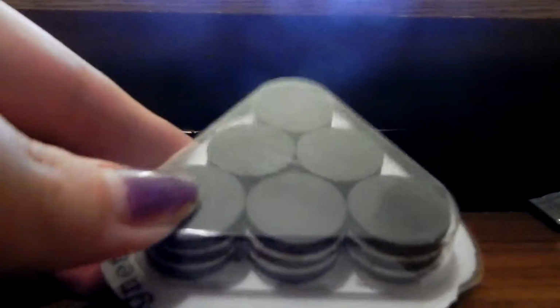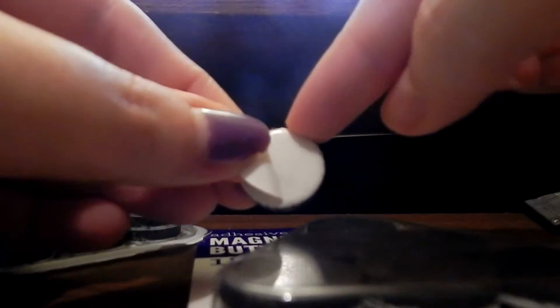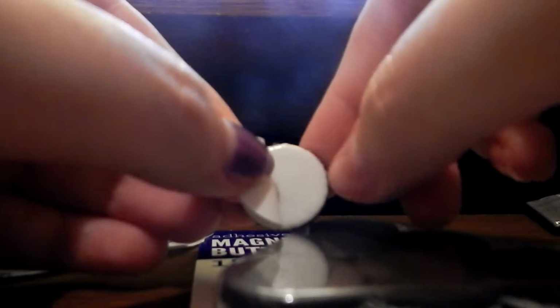And then next up I have these magnets. They come in this pack. Very simple, very easy. They look like this, adhesive magnetic buttons, and they do have an adhesive on them, but I do glue them a little bit more just to make the bond a little stronger. These are pretty acceptable for personal use. If I was just making something to put on my own refrigerator, I would just go ahead and use the stickiness. If I was selling something, I would add extra glue just to make sure that the hold was longer, especially in shipping,